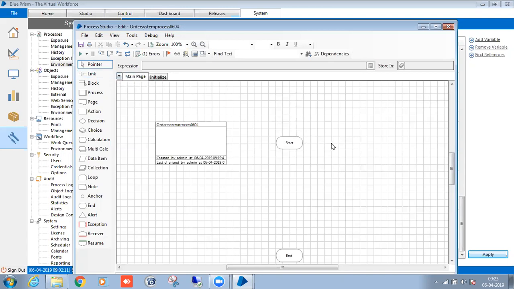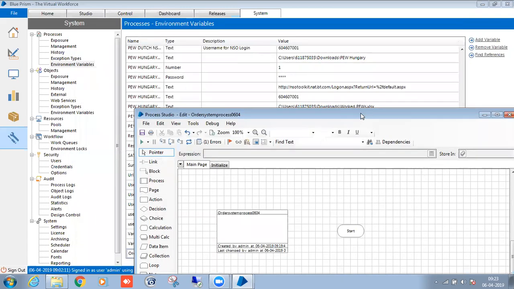So now I will check. First I will check whether I have created the credentials or not. For login to any application, the username and password should be created in credentials, because credentials will vary across different environments, and the testing people don't know where we are writing the code and don't even have access to the Studio, right? So we will create the credentials separately, they will come and read over there, and automatically those values will get reflected in our code.